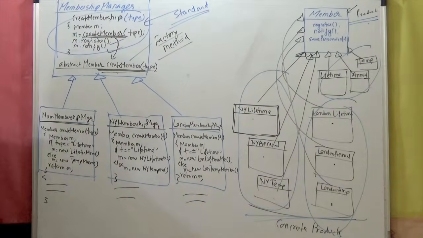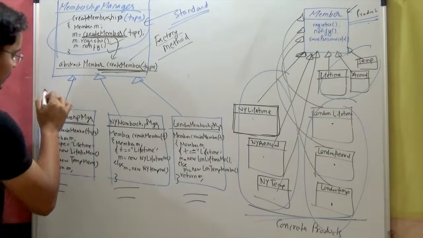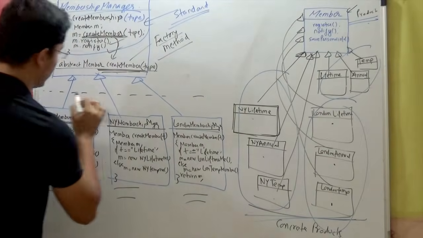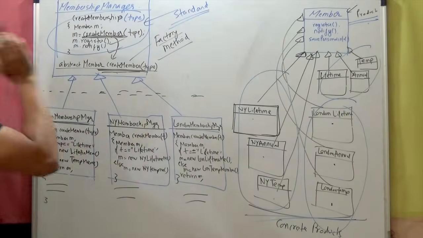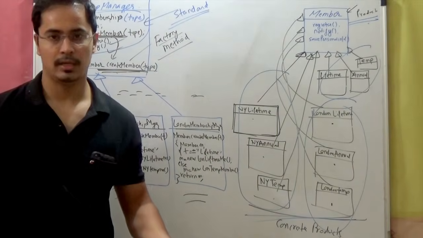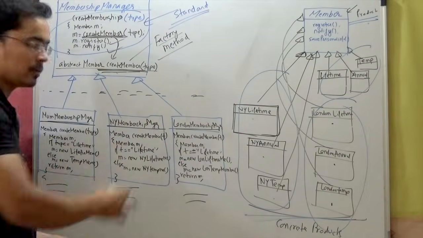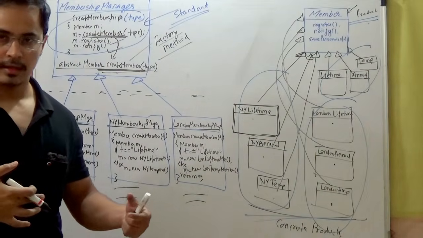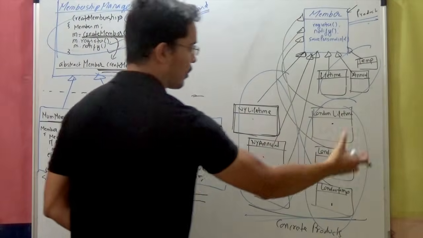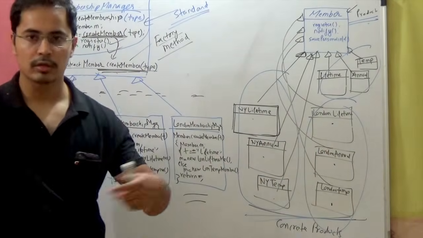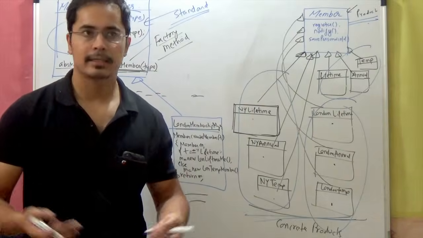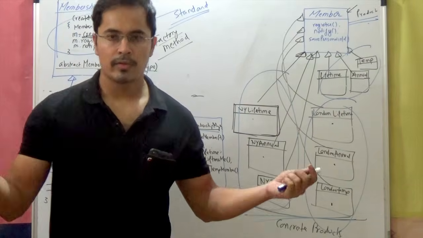Now the great thing about this is that this abstract client is decoupled from these concrete clients, right? So we can tomorrow add a new franchise, right? What we have to do is we have to create new products for that franchise according to the regional requirements. Let's say tomorrow we'll create